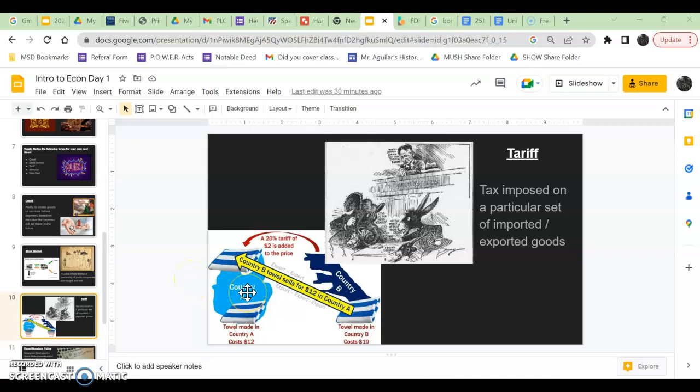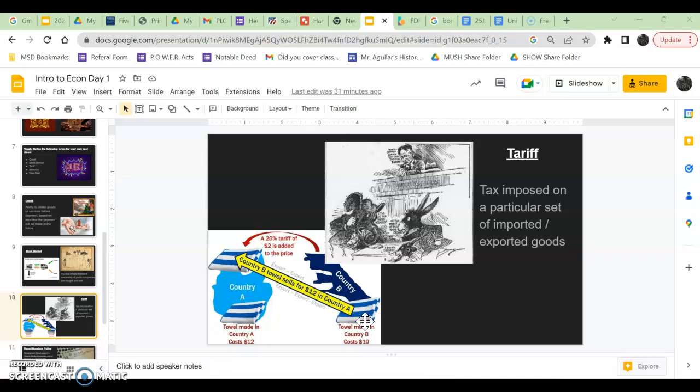What if you're in country A and you want your towels to be competitive in terms of people buying those towels in your country? Well, you can put a tariff on towels made in different countries, such as country B, to make it cost the same amount as a towel made in your own country. Like, why not just have everyone be able to buy the cheaper towels from country B? Does that make way more sense for people's wallets? Yeah, I totally get what you're saying. That's what a free market